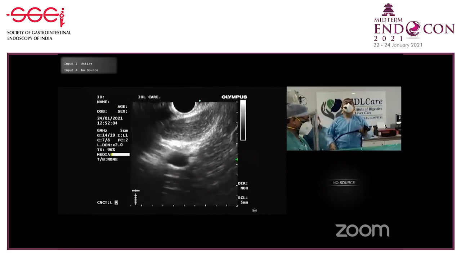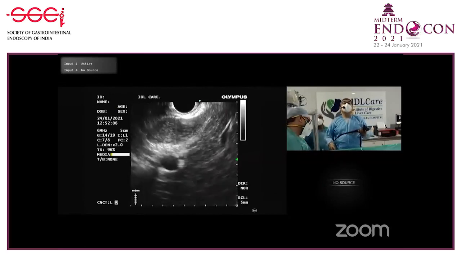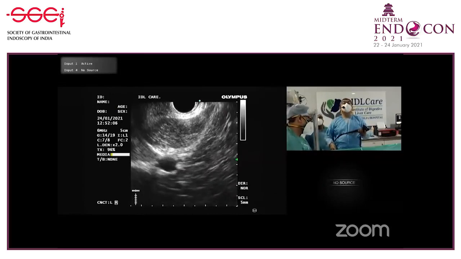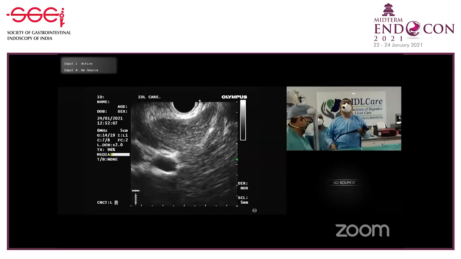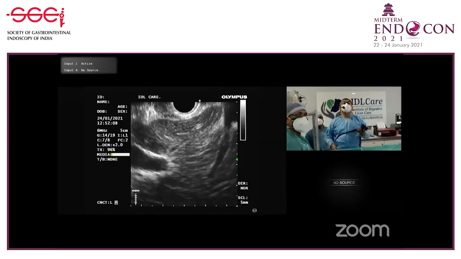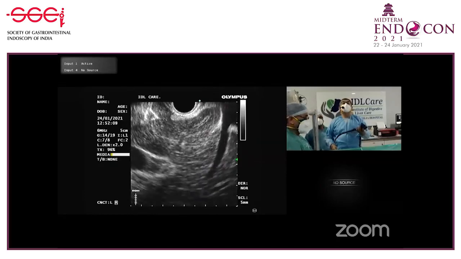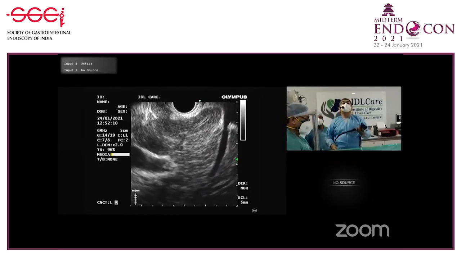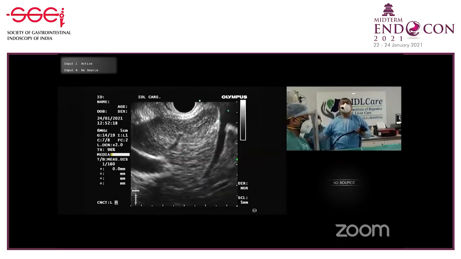I keep coming back towards the cardia, and you see the IVC and the middle hepatic vein. Freeze. So this is the IVC here. This is the middle hepatic vein. This is segment 1. Between the ligamentum venosum and the middle hepatic vein is segment 4, and beyond that is segment 8. So this is the basic anatomy.